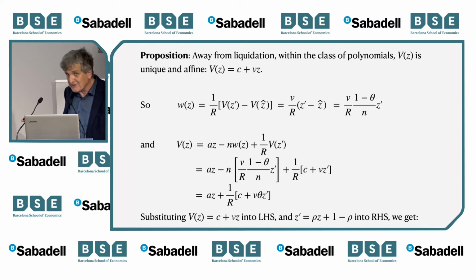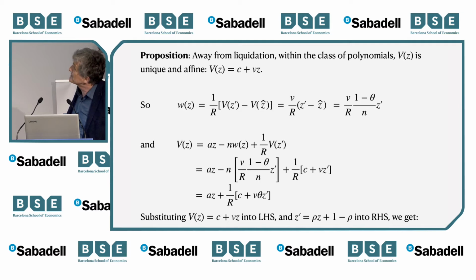Just for the record, I have constructed discontinuous examples where I know it's not unique. So it's only within the class of polynomials that this proposition holds. Anyhow, enough of that. W of Z is borrowed from the previous slide, just simply the gap between these V's discounted,